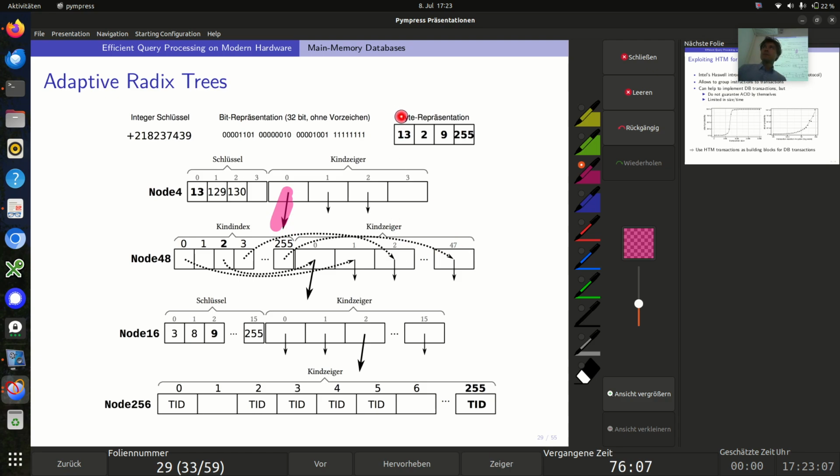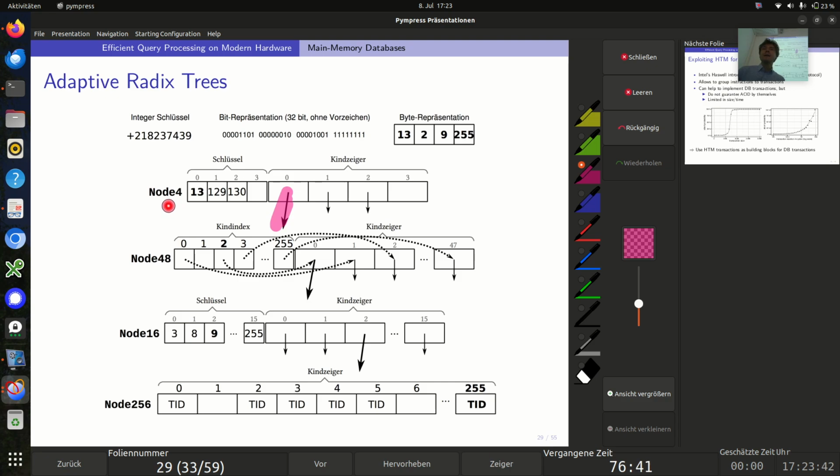usually always think it's the other way around with byte, and also in the script it says the node 256 is the root node, which in the search tree is the first one. So it doesn't matter about the ordering. It's just by random that the first one is a node 4, the second one is a node 48, and so on. So this is by random. You can also have at every level a node 4. So if you only have,